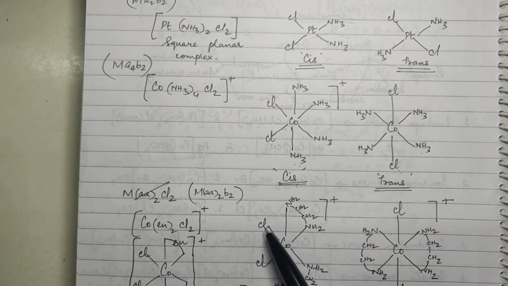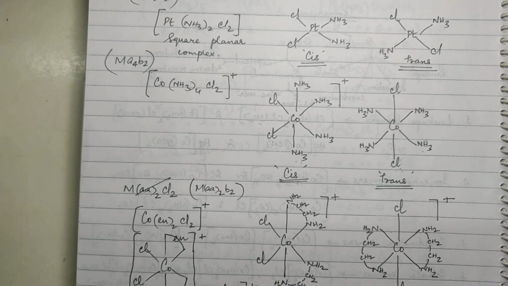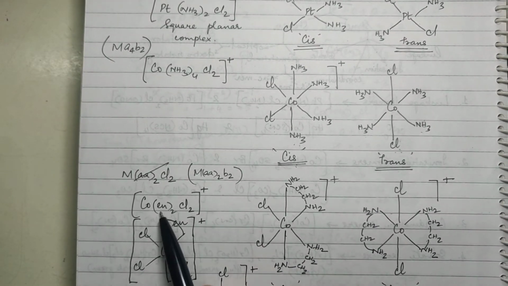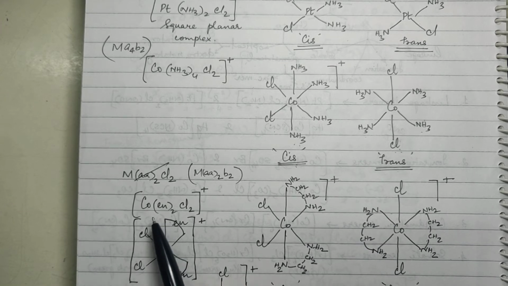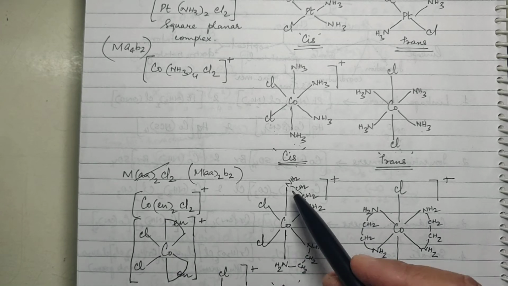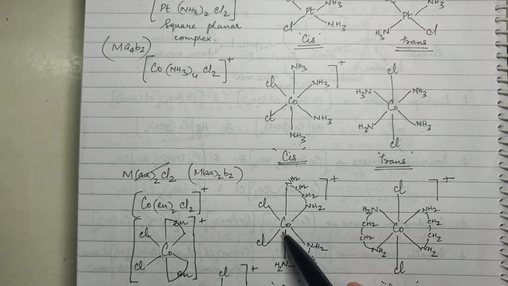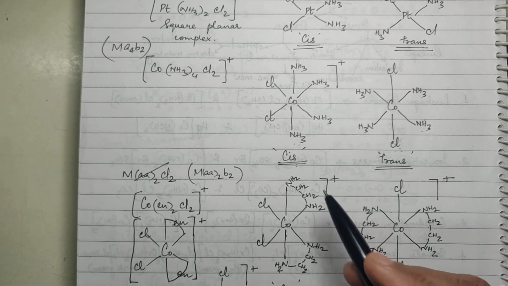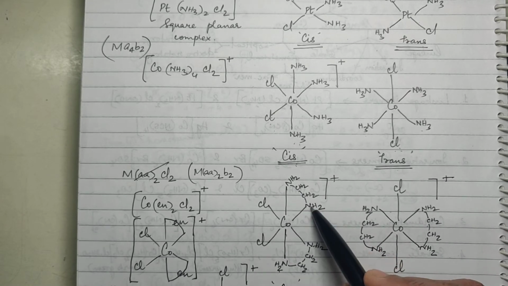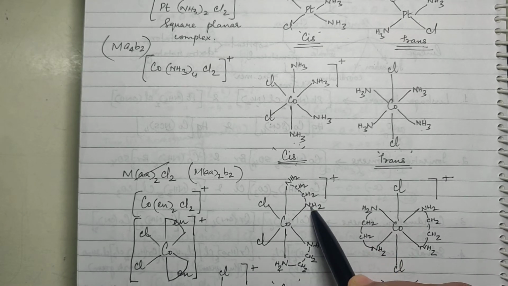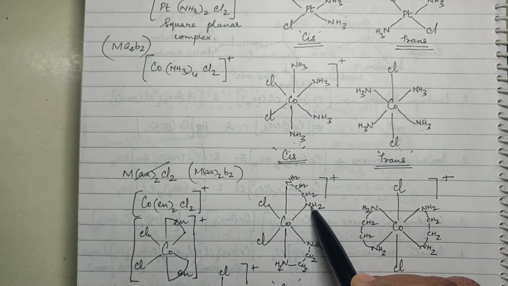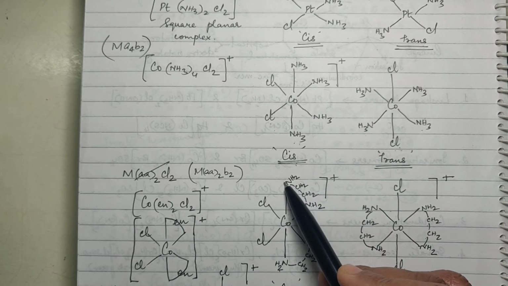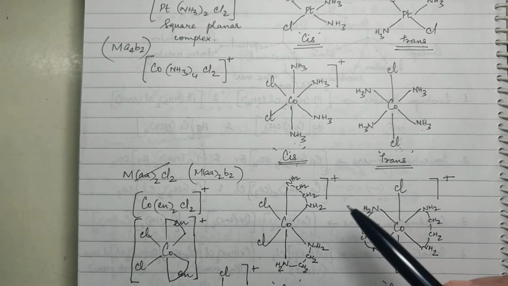Now how do you make the octahedral? You know it already, right? Now here I have taken en, that is ethylene diamine, which is a bidentate ligand. Now how do you attach that? Through 2 corners. You know how to make an octahedral, like this, like this. Now occupy the 2 corners of an octahedron by the donor atoms of this ethylene diamine.